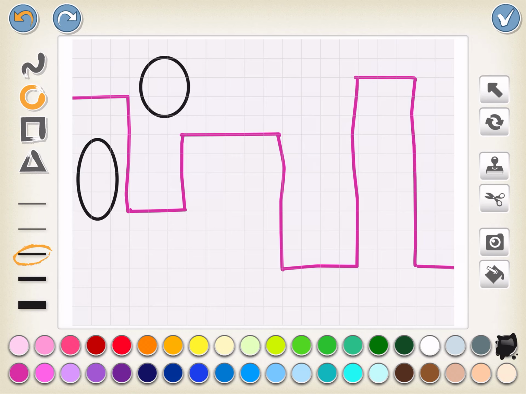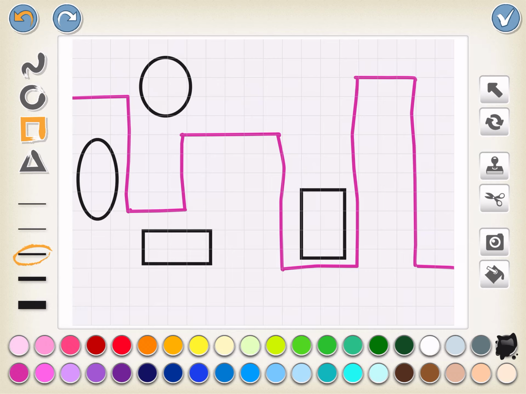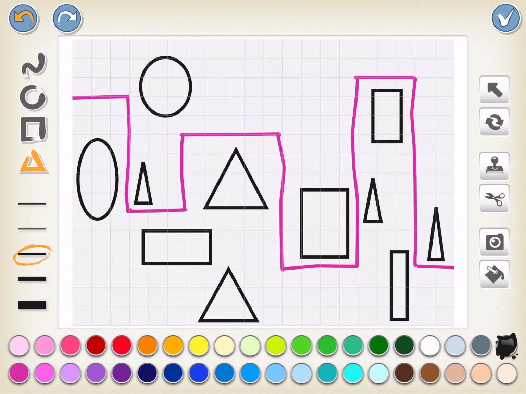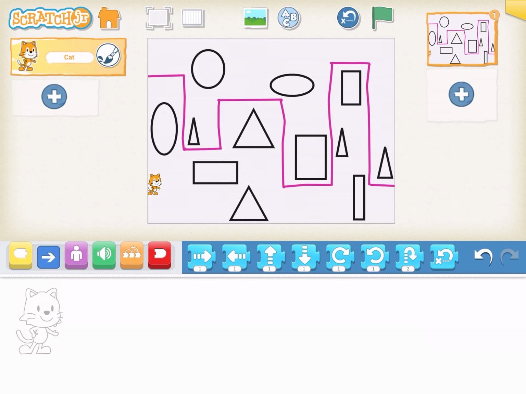Now you just need to fill in all of the space around that navigation button with shapes. So we've got our circular shape that you can fill in. We've got a square we can fill in here. And these are kind of like the buttons, the shapes your Scratch Cat will work its way around throughout the obstacle course. Okay, so that's good enough. So when you hit the check mark, it now puts that new background into your programming screen,